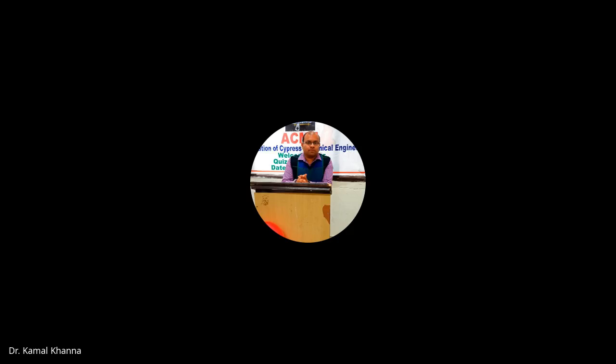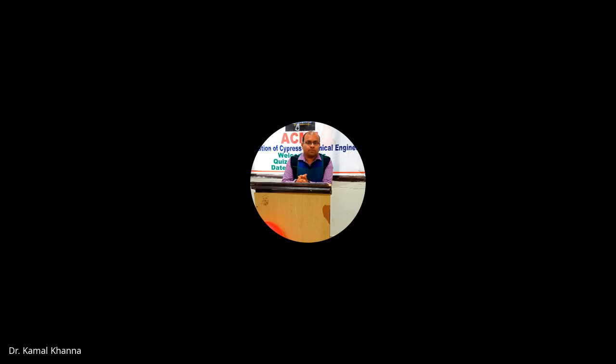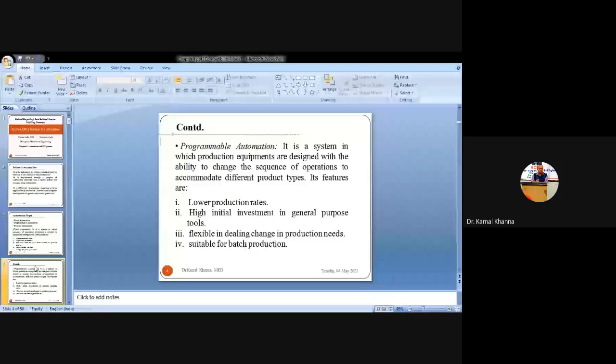It can adapt to the change in the sequence of operation, and also it can adapt to different designs and different kinds of products. If there is any change in the demand from the customer or from the R&D side, then the worker can make that alteration from the machine, alter that sequence of operation and provide a different kind of product as per the requirement of the customers as well as the requirements from other departments. So what are the advantages of programmable automation?